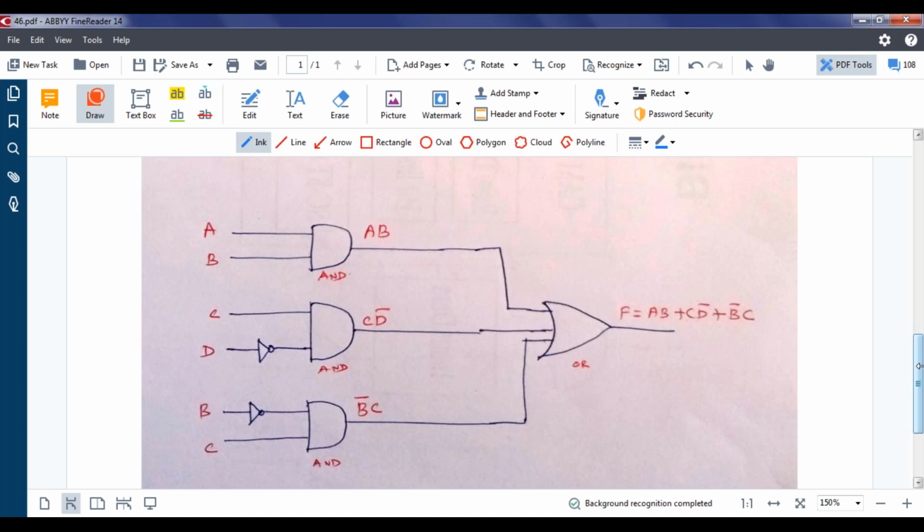So hope you all understood. So this is the final answer. Have you understood? Reply through chat. Yes. Thanks for your response. So I will go for the next problem. Then you can easily get a clear idea.